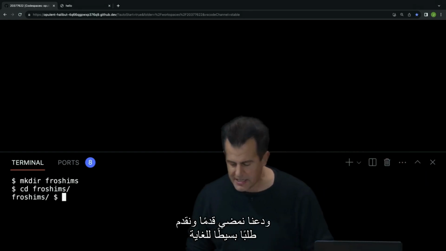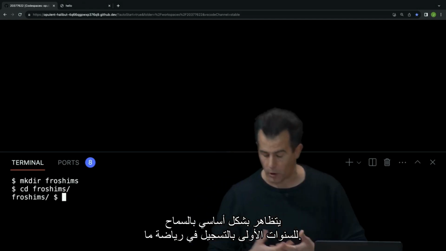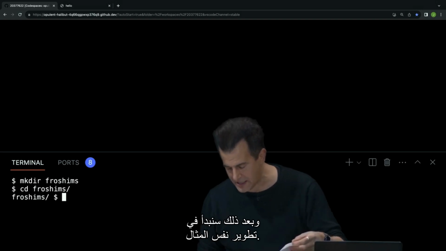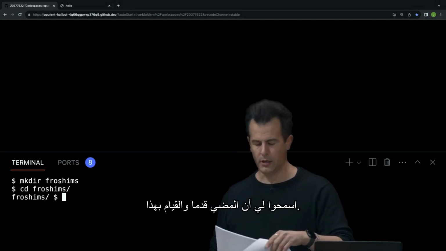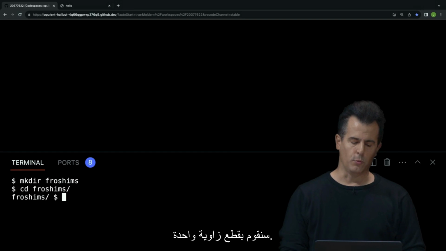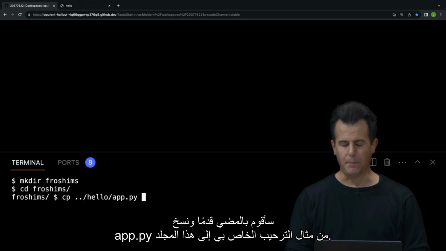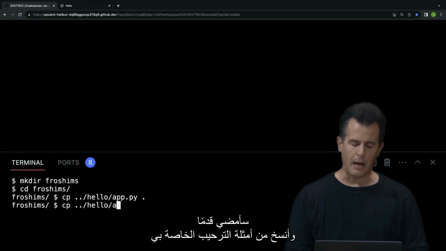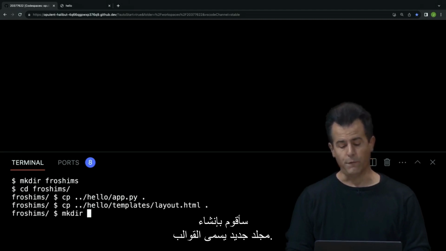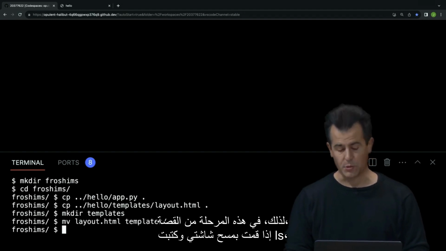And let's go ahead and make a very simple application that essentially pretends to let first years register for a sport. So I'm going to need to do a bit of typing up front, but I'll do the first one from scratch, and then we'll start just evolving that same example. We'll cut one corner. I'm going to go ahead and copy from my hello example, app.py, into this folder. I'm going to copy from my hello example's templates, my layout, into this folder. I'm going to create a new folder called templates. I'm going to move that copied layout into templates,